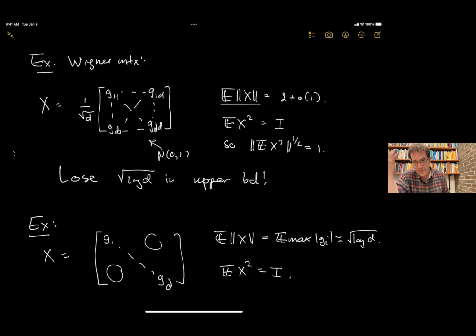And people working in this area have looked for a long time for these type of inequalities, and basically nothing has appeared, except we made a lot of progress a few years ago on studying the special case where the entries are independent. Then you have additional tools at your disposal, and one can make a lot of progress. But for a completely general model where you're allowed to have dependencies between the entries, basically nothing was known.